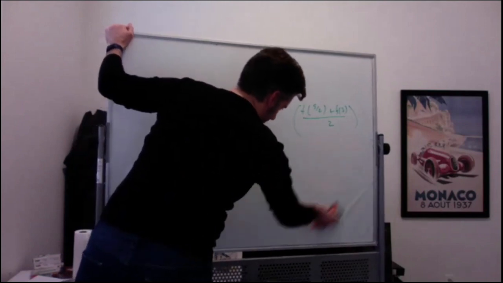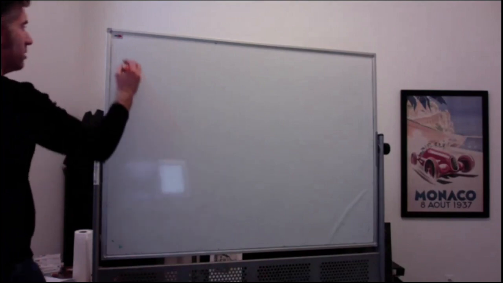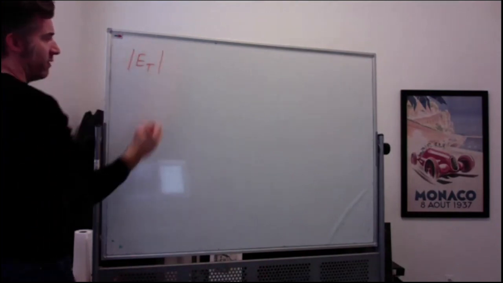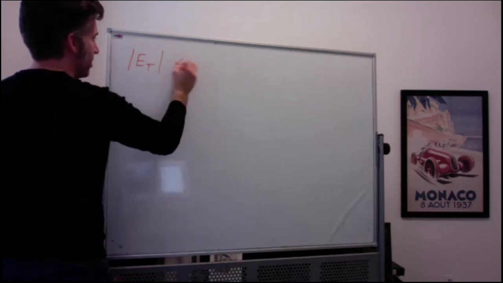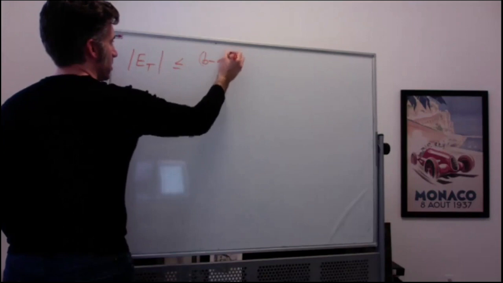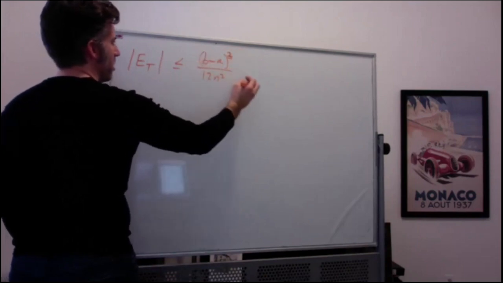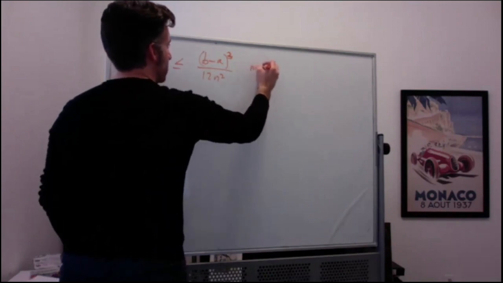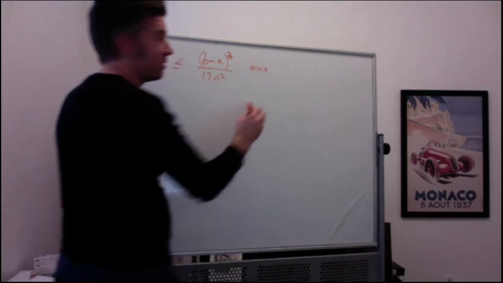How would we know how good our approximation was? Well, there is a formula for the error. The error for the trapezoidal formula in absolute value is always less than or equal to b minus a cubed over 12n squared times the max of the second derivative,